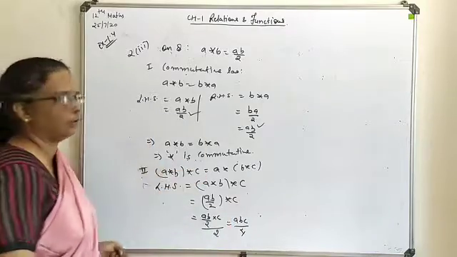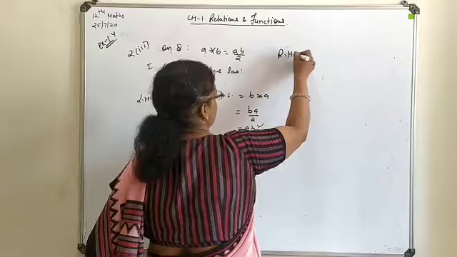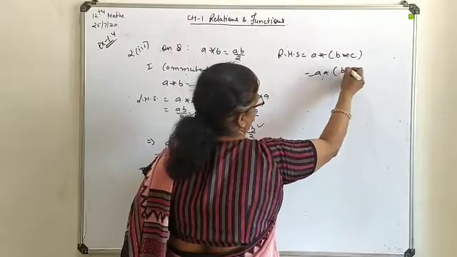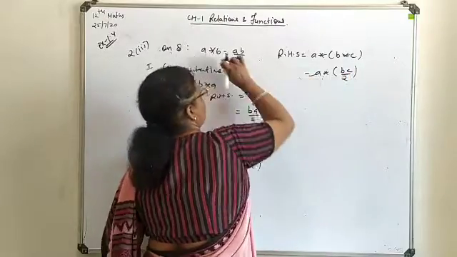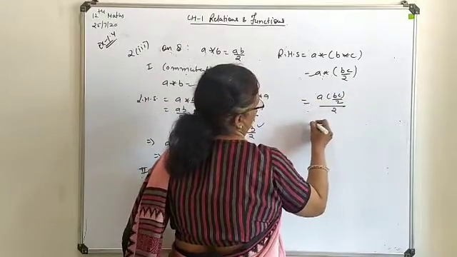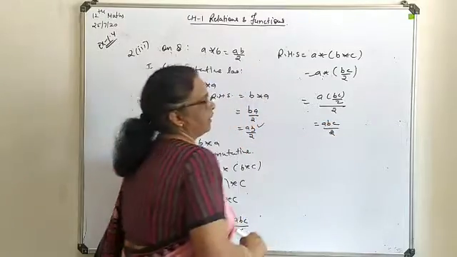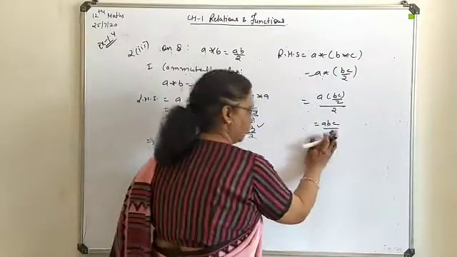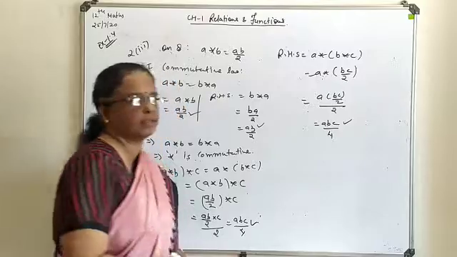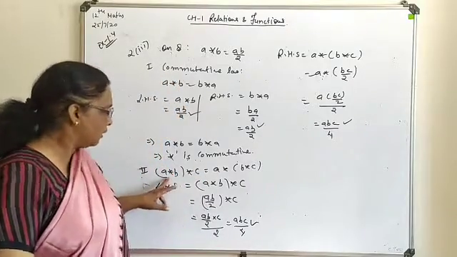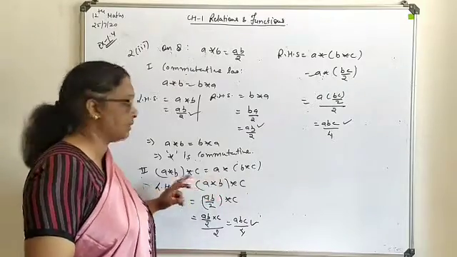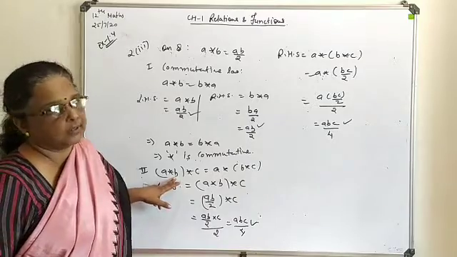Now go for the right hand side solution, A star. First you will go for this bracketed term, which is BC by 2. Further, this whole expression you will treat as a single term. So this will give you A into BC upon 2, whole by 2. On multiplying, this will again give you ABC by 4. So here you can see the left hand side and right hand side solutions are the same. So this relation exists between the left hand side and right hand side. That's why you can say that this binary operation is associative.